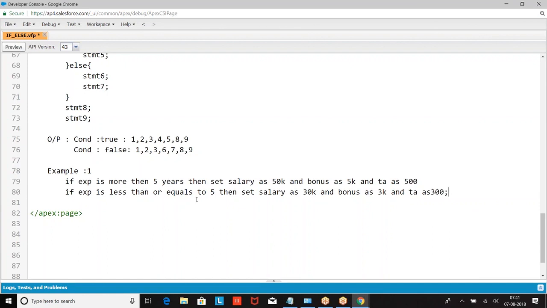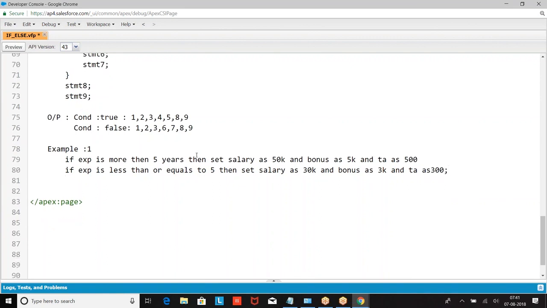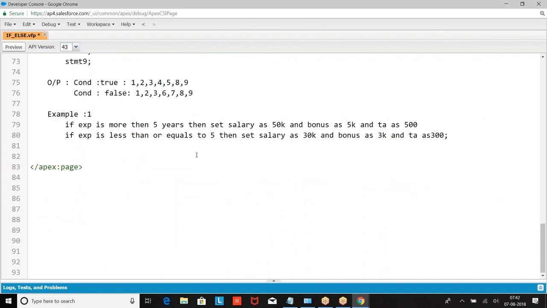Now, this is the program. Now you define it. In this case, if you are taking any variables, salary, bonus, TA, should they be within the if or outside the if? Outside. Why? Because we are using the variables with the if as well as the else.